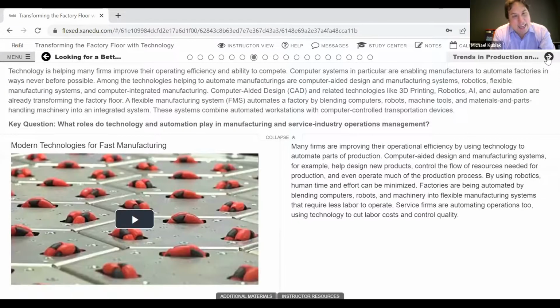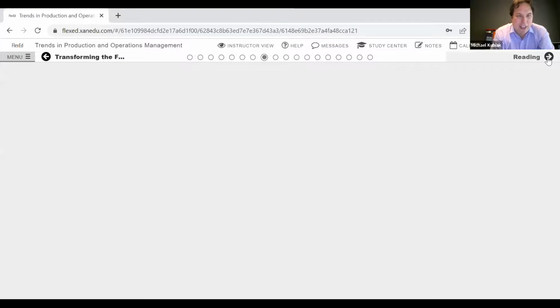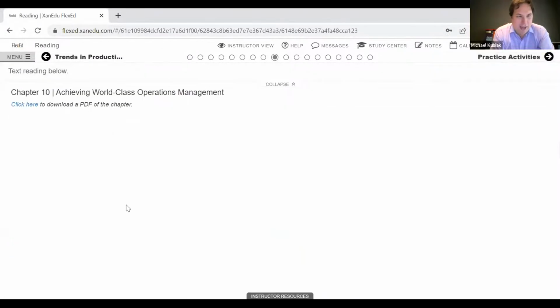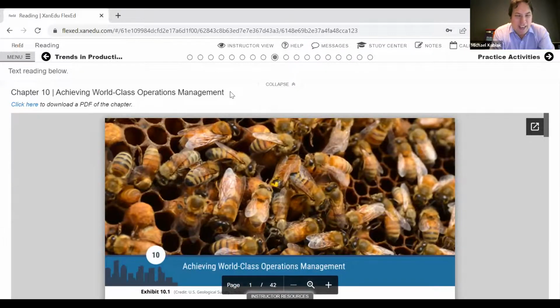Especially given the number of sections in these chapters, you'll notice as we're moving through the breadcrumbs here, roughly about half of the content is in each chapter. We'll have this format of video and summary text. And then we also put in the full chapter as a PDF. So if you did want your students to review everything in full or point them to specific items or sections, that's available here as a PDF as well.